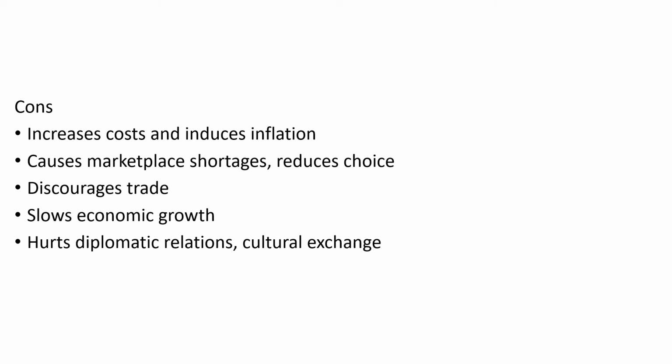When you go for protectionist measures, you are reducing your imports. Reducing your imports means that you are creating an artificial shortage, so it will lead to an increase in inflation and price level. It will reduce your choice. Your preference bundle or choice bundle would be reduced, and as a result it would discourage trade, and also